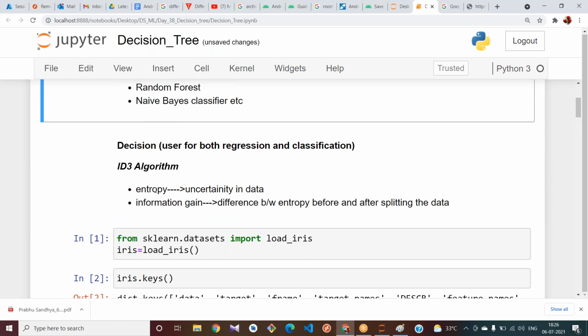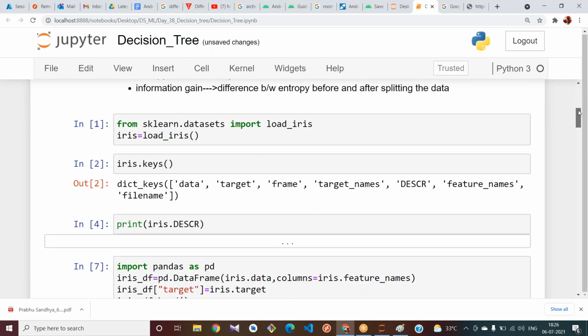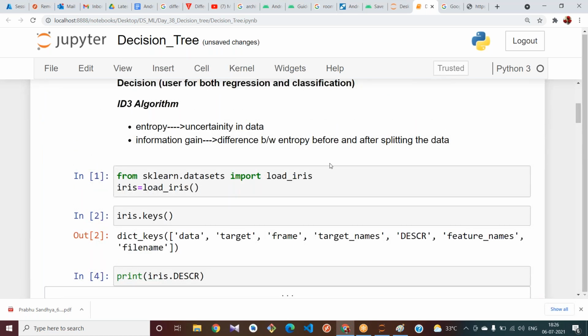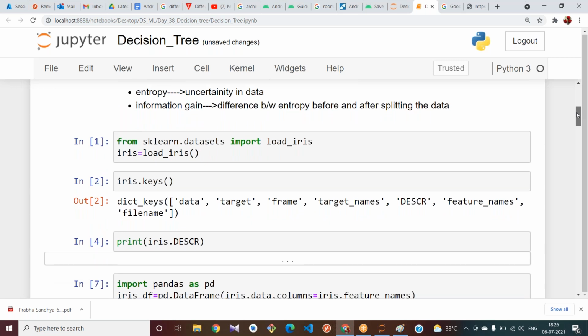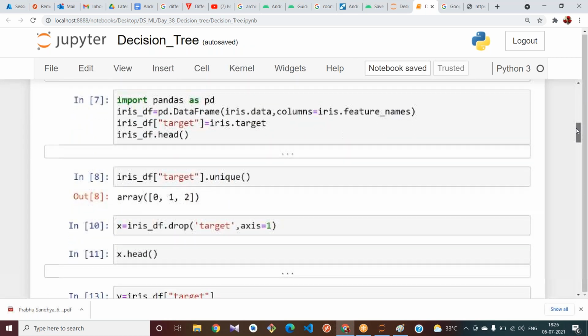In ID3, we calculate the entropy and information gain, and in CART, we calculate the Gini impurity. Based upon that, the decision tree will split your data and try to predict your data until you reach the entropy as 0, which is nothing but the leaf nodes.